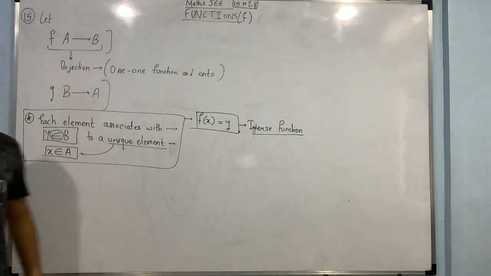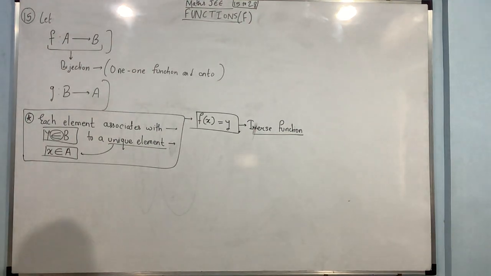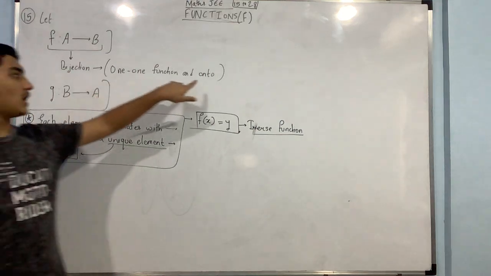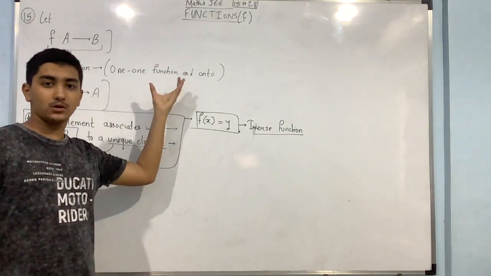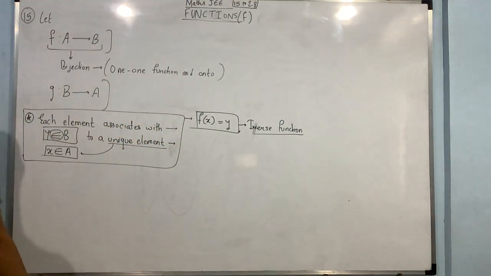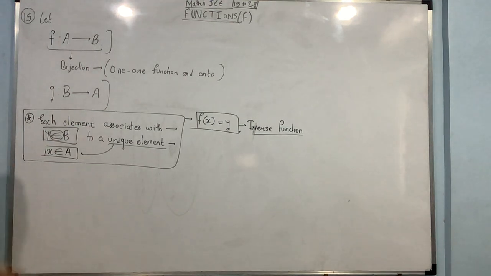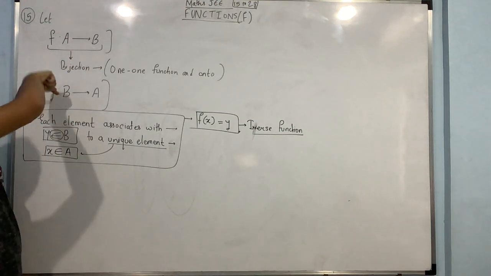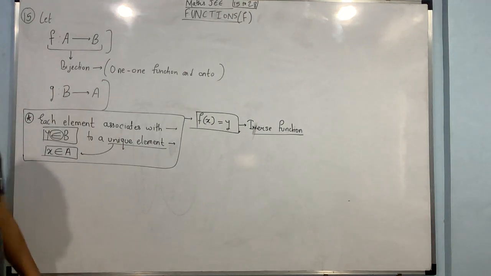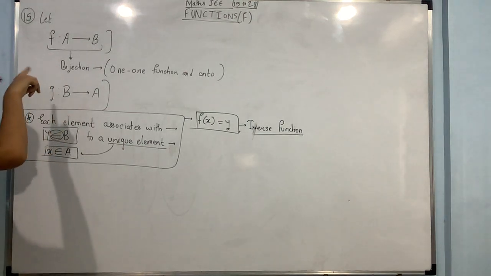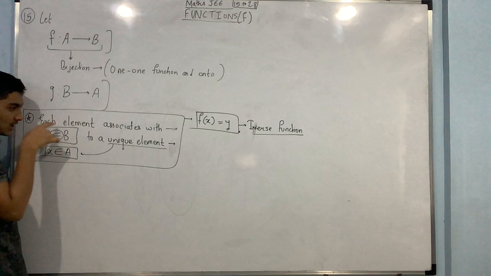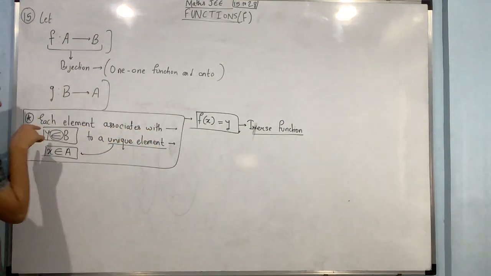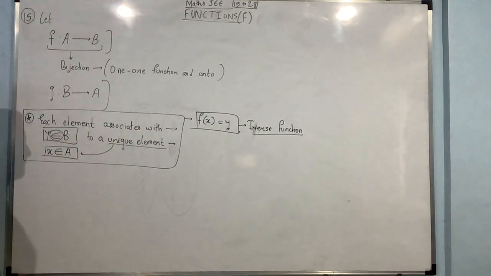If you ask me what is a bijection? Bijection means, I think my teacher told, a one-one function and an onto function. If it is both, it is called a bijection. Now I consider this as a bijection. Then I write G from elements of B to elements of A. Understood? Now see what happens. Each element Y belonging to the set B